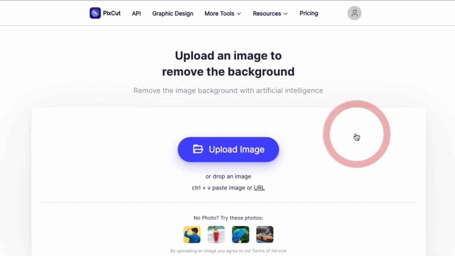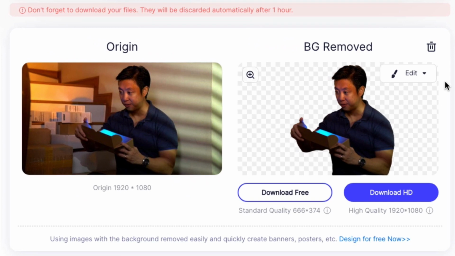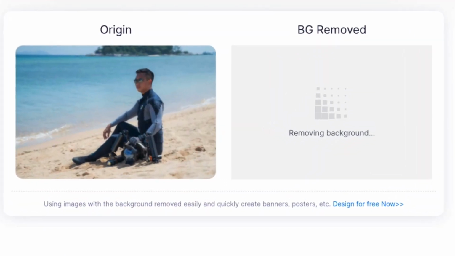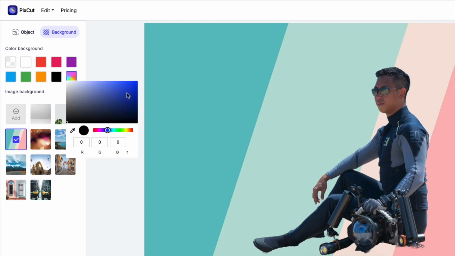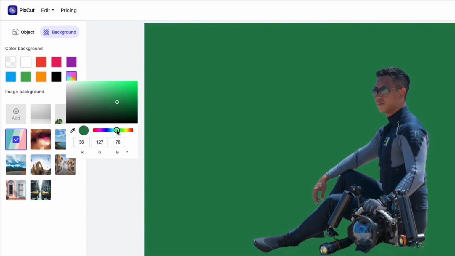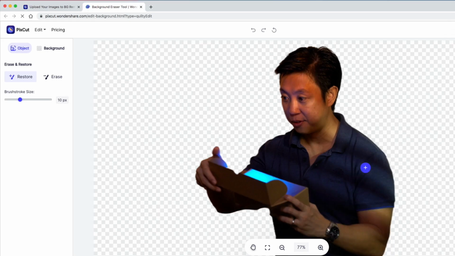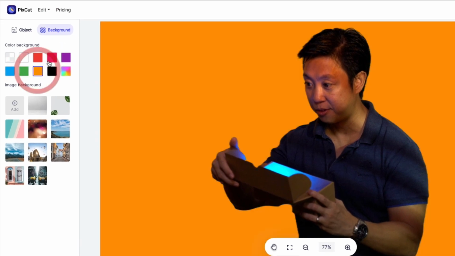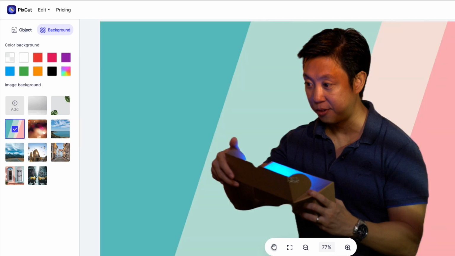In a matter of seconds, PixCut uses AI to automatically remove the background. There's really nothing you need to do. Don't worry about giving PixCut a challenge either. This software is amazing. PixCut takes all the hard work out of removing backgrounds from images. Once you've downloaded your completed image in PNG format, you can replace the background and you're on your way to creating attention-grabbing YouTube thumbnails.